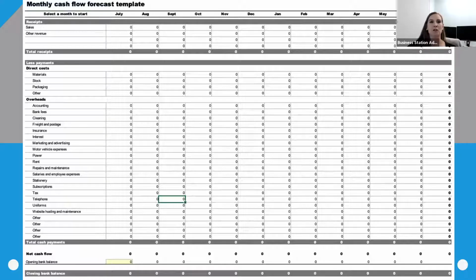Outflows will then include any expenses in the business. So that could be running expenses. It could be, like I said, your accounting, bank fees, there's freight and postage, cleaning, insurance, absolutely anything and everything that you will need to spend within the business. Now, if or when you are buying new assets, make sure that they're accounted for on here as well. You might have one-off bank fees like loan establishment fees and that kind of thing. Obviously, loan repayments need to go in here as well. And if, as a business owner, you are taking money out of the business, it absolutely has to be accounted for here. So you definitely need to plan that out.